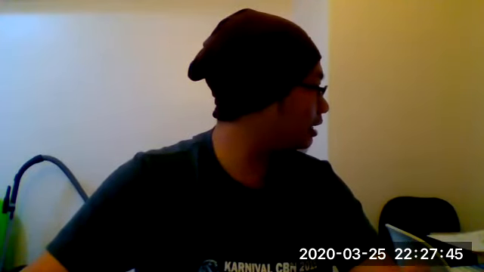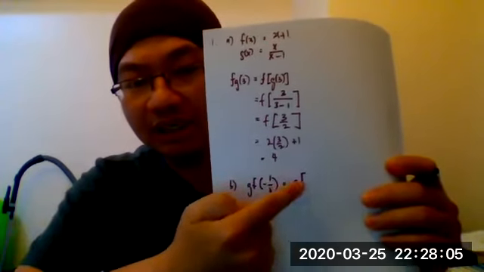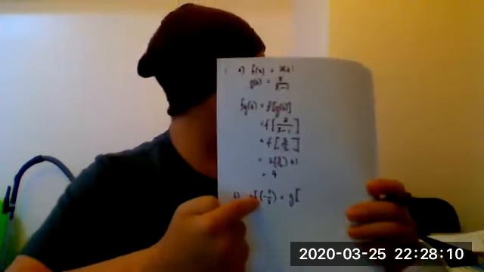Okay, so that was the first question, now 1B. Number 1B: gf of negative 1 over 5. So this negative 1 over 5 you need to insert into f. Your function f is given by 5x plus 6, so you just replace the x with negative 1 over 5.